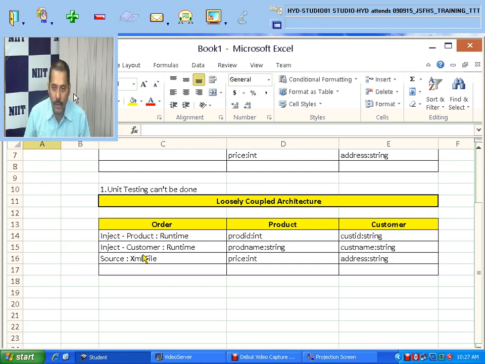The Spring container contains the various application objects, and we can use them. The Spring container is based on the concept of dependency injection services for managing the application objects. So you do not need to create the objects. You just have to describe how the objects will be created, and the container creates them automatically whenever they are required.